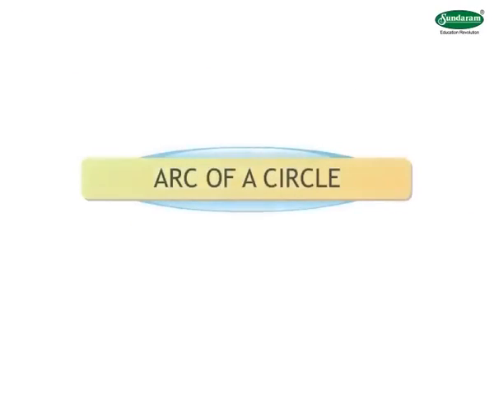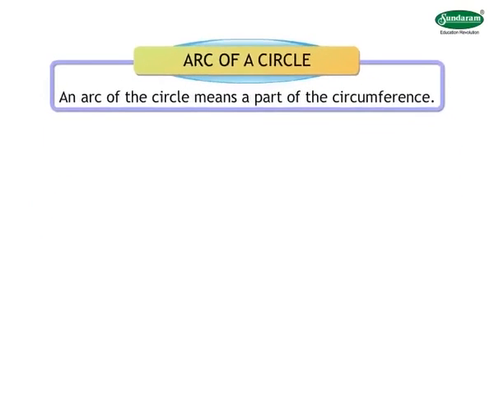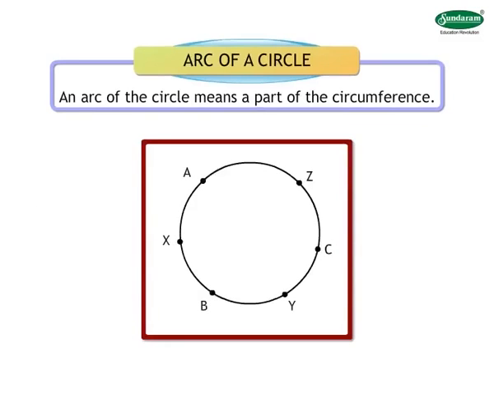The arc of a circle. A circle is a shape with no vertices, no sides and no angles. What do you mean by the arc of the circle? An arc of the circle means a part of the circumference. For example, in this figure, we shall try to name the different arcs formed by the points A, B and